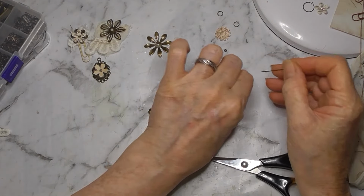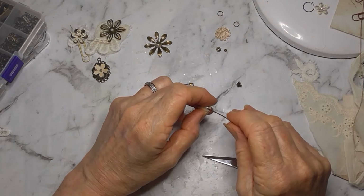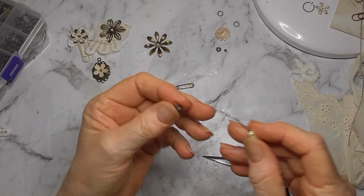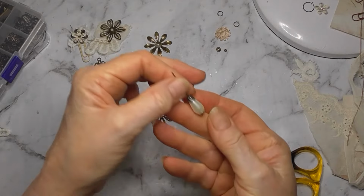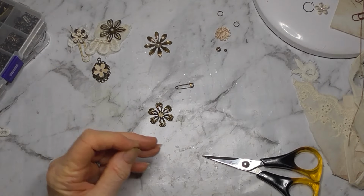So let's just start with the bead cap for the bottom of the pearl, like that. And then this lovely little one, it's like a little cup, and it should cup the pearl really nicely like that. So that goes there. Then